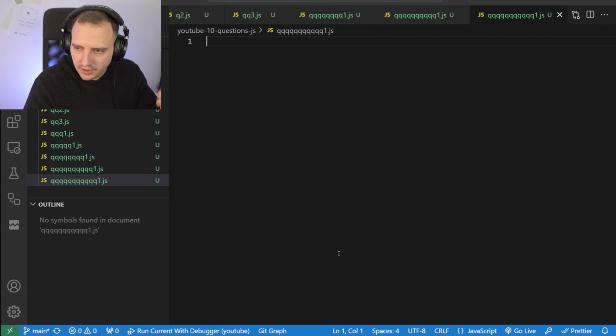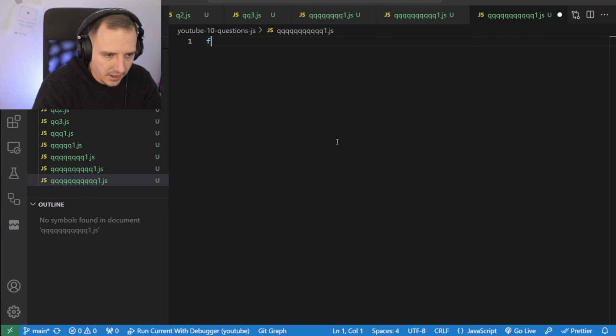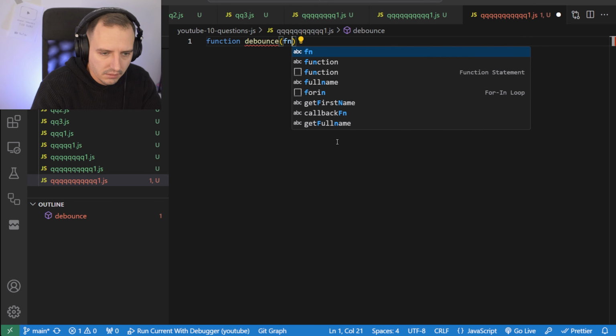So if it's called many times, for example, I have a search engine and I don't wanna wait a few hundred milliseconds before the final key is pushed, right? And I don't want to always start a request to the server because this is unnecessary. So with this, it's debounce. So we just do the debounce.